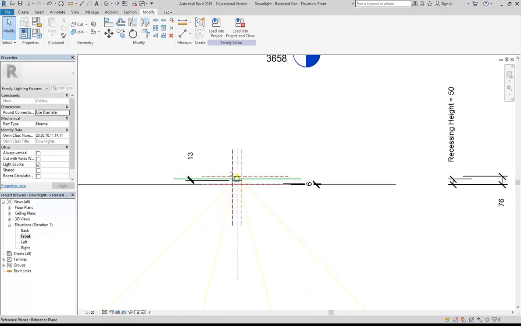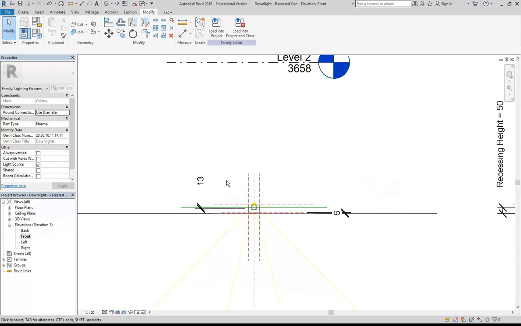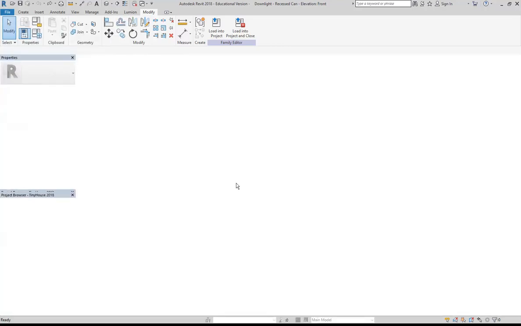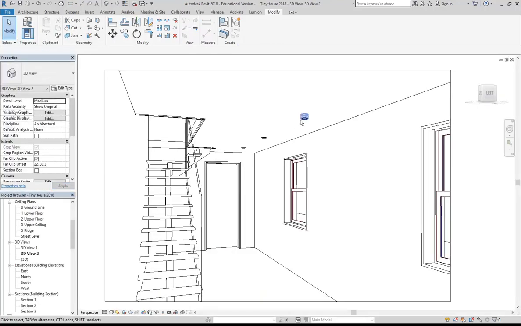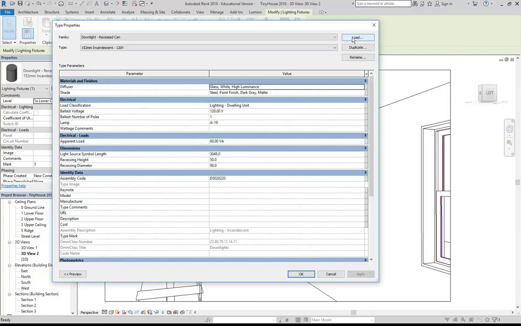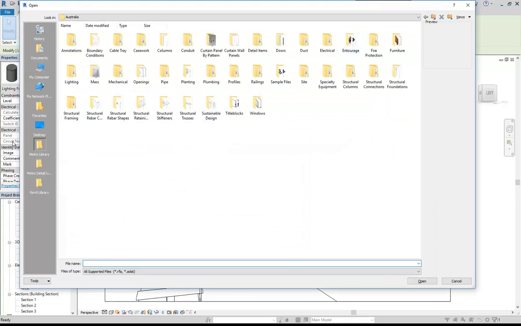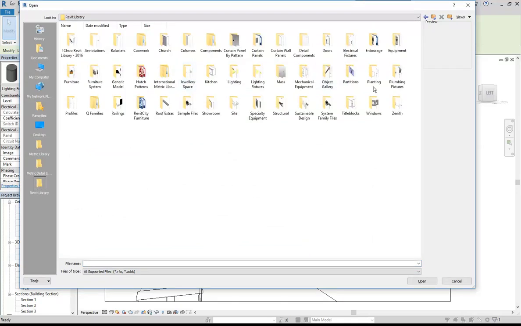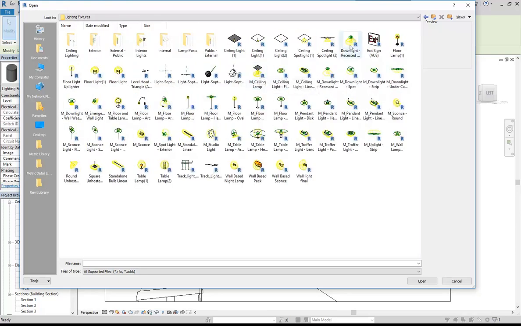I'll get you the family that I've made. This one has been changed actually since the last time I made it. So, yeah, I'll close that. Okay, so I'm going to get a different family. If I select this light here, you can see I just go to Edit Type, Load, and then I'm going to go to the Revit library on the P drive, and then Lighting Fixtures,